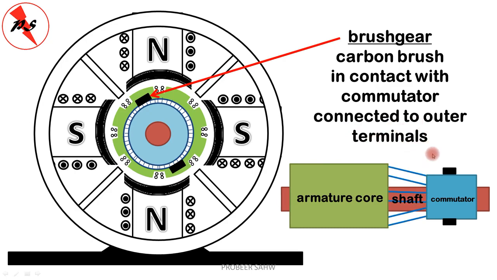So for the operation of this DC machine, the winding that is put on the armature slots, the slots on the armature core, a part of it is connected to each commutator segment. So there are many commutator segments on this commutator and each segment is connected to a set of winding on the armature core. So what happens if it works as a DC generator? EMF will be induced in the armature winding, which will be AC in nature. Then it will be passed to the commutator. The current that goes to commutator is AC in nature. It will be passed to external circuit through brush, and then that current will be DC in nature.